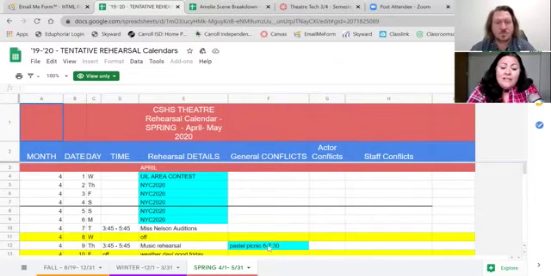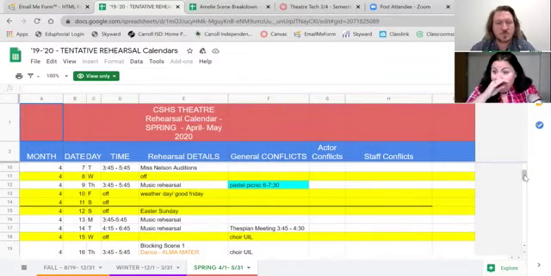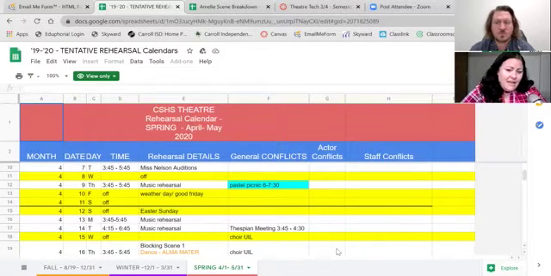General conflicts. This day we had a pastel picnic, a thespian meeting, knowing that choir is rehearsing that day. So I need to take a day off because my cast won't be able to be there. Here I put in actor conflicts. Now you don't see any in there right now because this is a show that we kind of had to scrap because of COVID. And then staff conflicts. That would be like my choreographer can't be there that day, or we're only working blocking and we don't have a person playing the piano that day.